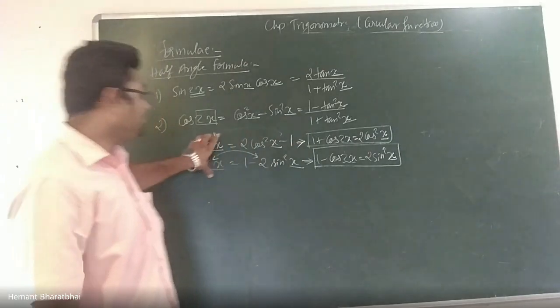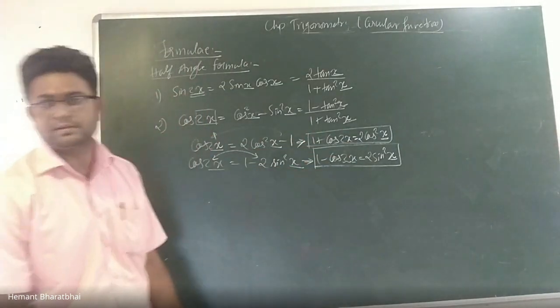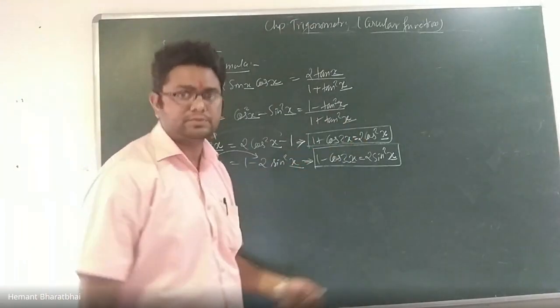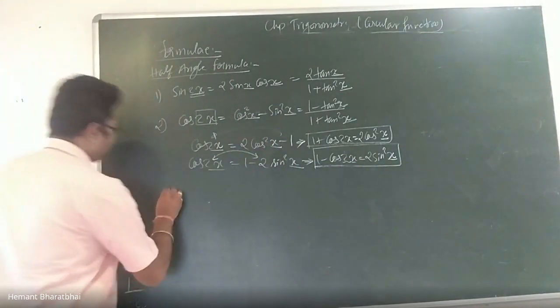So the same two formulas can be remembered as 1 plus cos 2x, 1 minus cos 2x. 1 plus cos 2x is 2 times cos square x, and 1 minus cos 2x is 2 times sin square x. Then